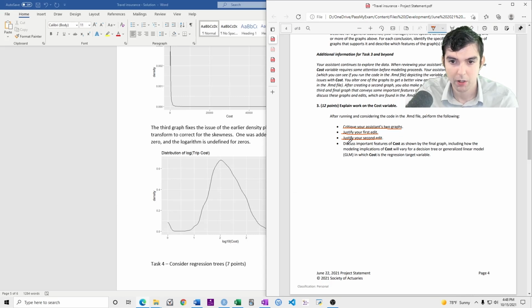Including how the modeling implications of cost will vary for a decision tree or a generalized linear model, in which cost is the regression target variable.